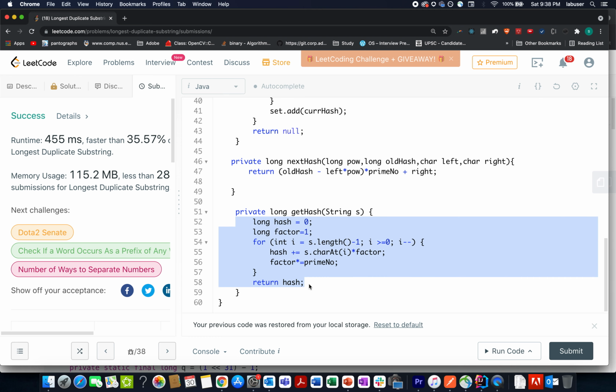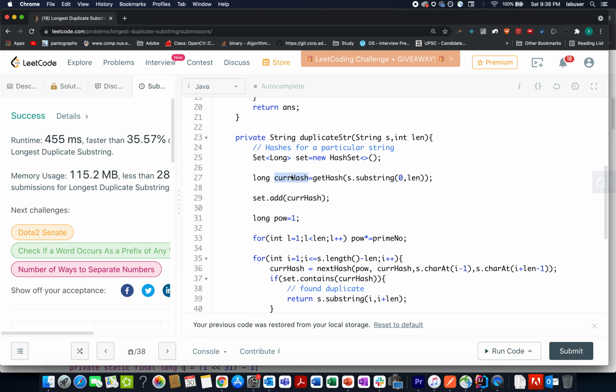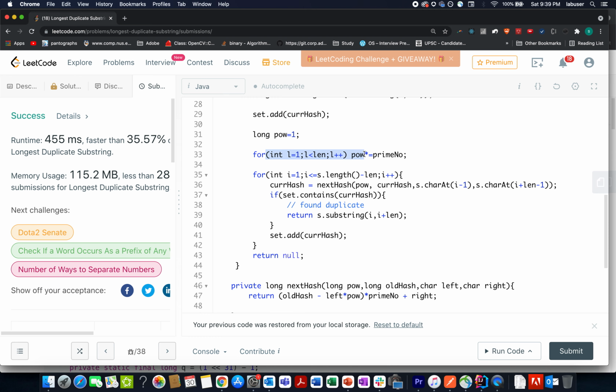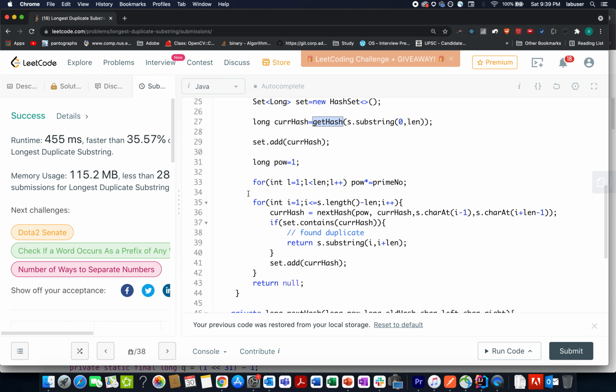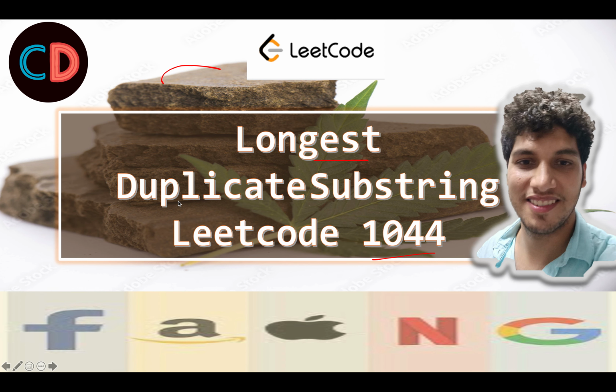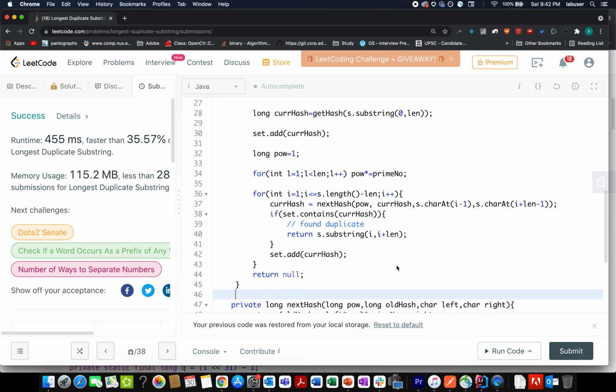You can walk through it on your own. Let's move ahead. I add this newly generated hash into my set. Simultaneously, I have identified the maximum power that got multiplied while generating this hash. Its power equals to 1 up till the length of the input string. So what I'm basically doing here is I am identifying up till what length the power factor got multiplied for the p0 p square case.